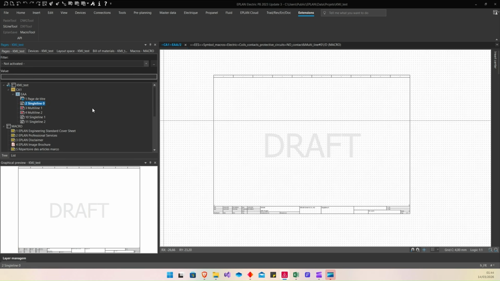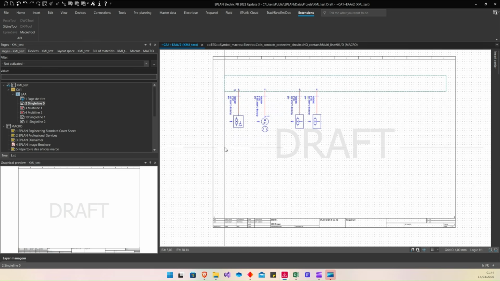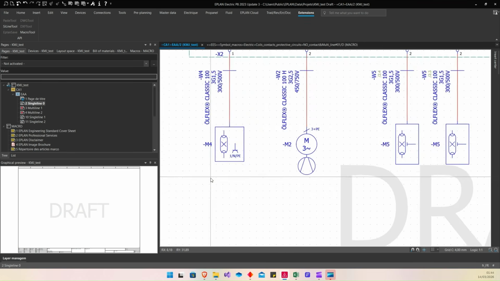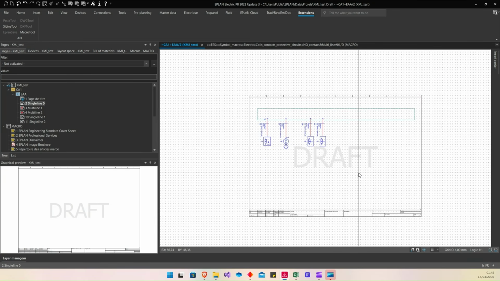That's important information I forgot to tell you. So I refresh my page. You can see that we just have one line of macro insertion, and I have the variant changed. That's a great thing.